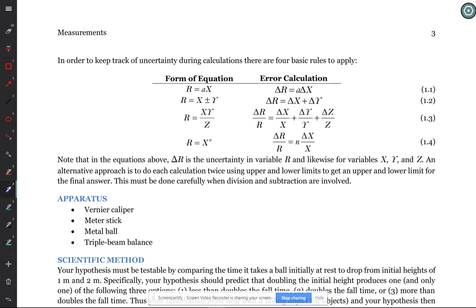We're not using the vernier calipers, because that's to measure the diameter of the balls. We are using the meter stick, meter ball. We're not using the triple beam balance. That's to measure the mass of the balls. So the only things here: meter stick, meter ball, and the timer I set. So what we're actually doing,